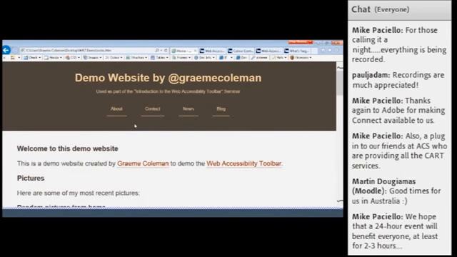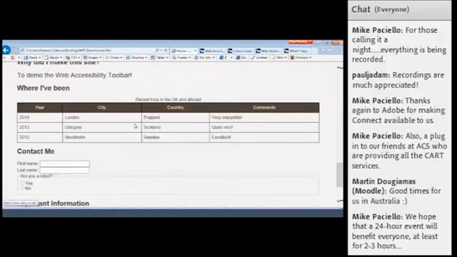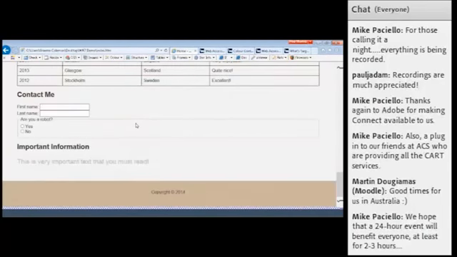Now I mentioned that you can download the application separately. You can download that from our website. It's also under the resources menu option. If you choose the color contrast analyzer, you can download this application separately, but it comes as part of the web accessibility toolbar installation, I believe. So once you've installed the web accessibility toolbar, hopefully the color contrast analyzer should be there as well.